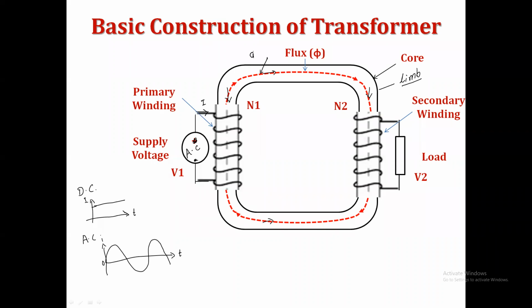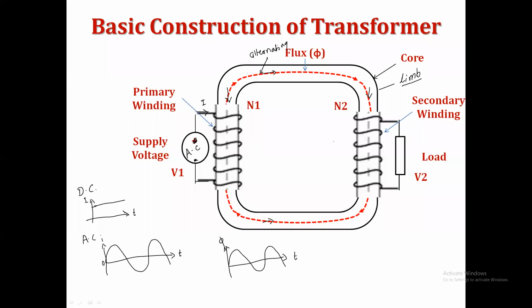Yes, sir. So once this alternating magnetic flux, why is the flux produced? It is produced by current. Then if the current itself is alternating, it will change its magnitude as well as direction with respect to time. So definitely, due to this alternating current, the flux produced in the transformer core is alternating, means the flux is also sinusoidal, just like a current. This is the flux here. Get my point?